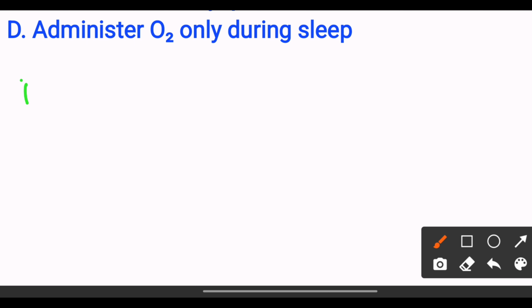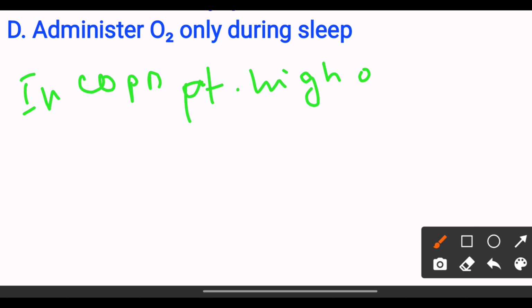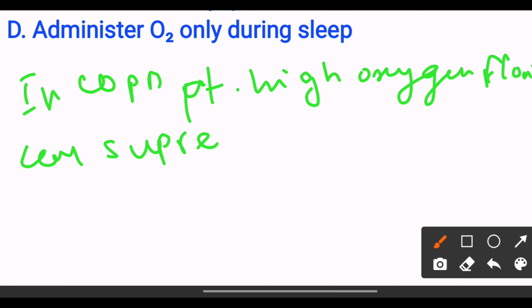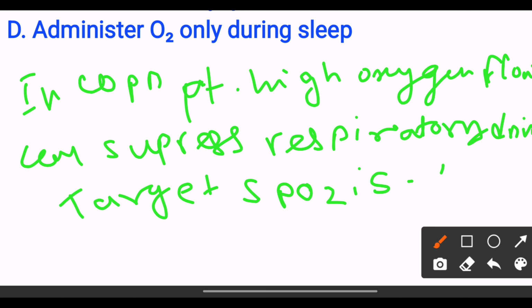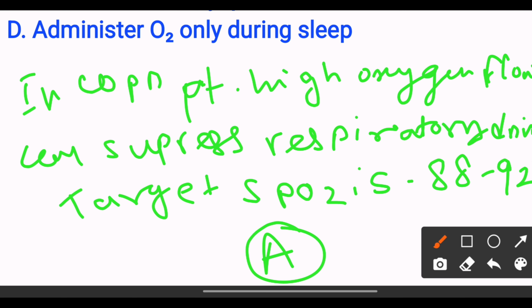Because in COPD patients, high oxygen flow can suppress the respiratory drive. Target SpO2 is 88 to 92%. So the answer is option A. Next,